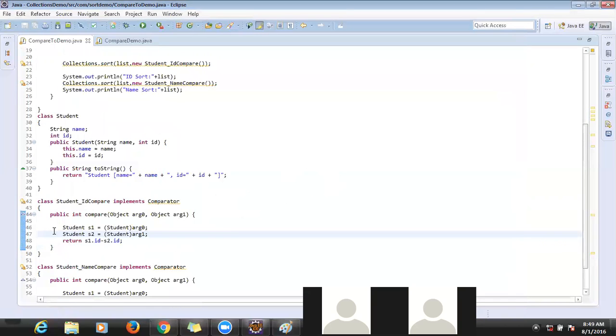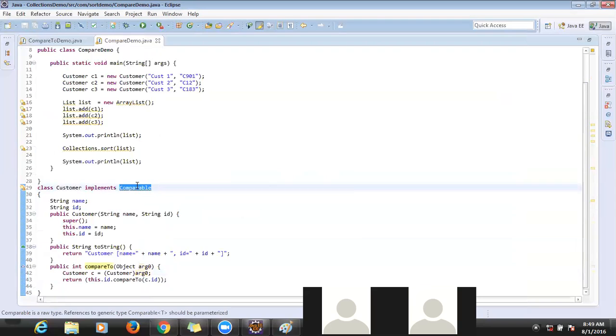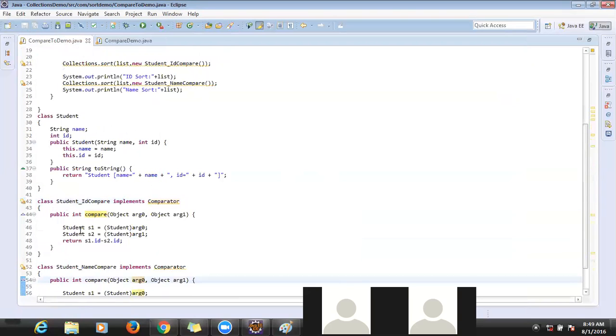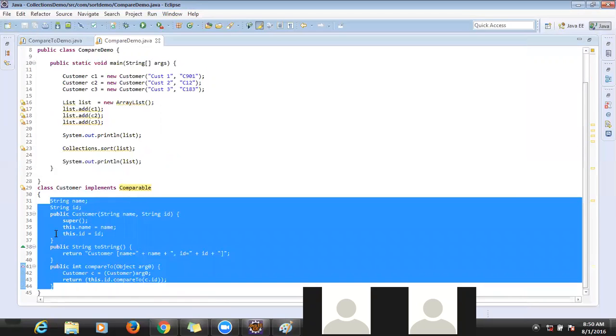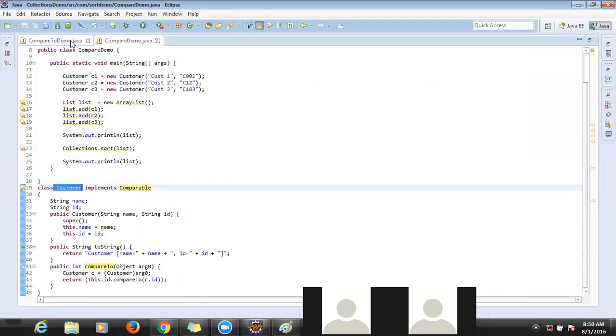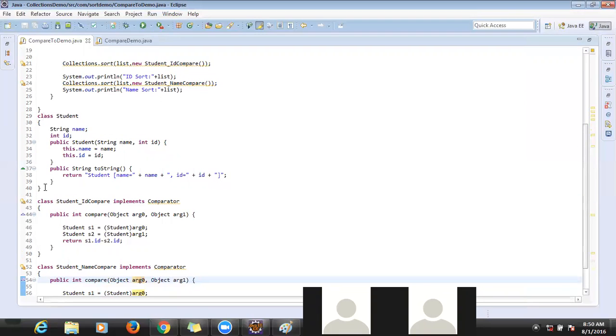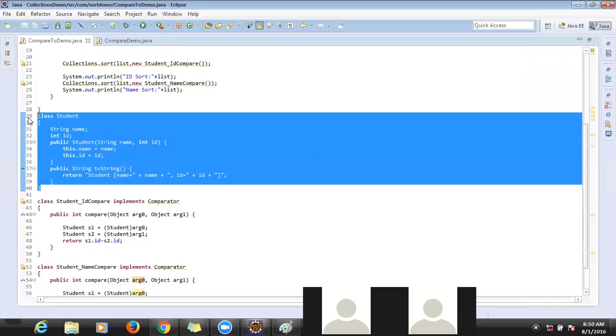So the main question here, from an interview point of view, is that they will ask what is the difference between Comparator and Comparable. You need to tell the interface methods, how many methods there are, how many arguments, and what the difference is. With Comparable, we are implementing it directly in the Customer class, so we are modifying the Customer object. But here we are not touching the object at all. That is the main difference. These are the two main differences. This is a very important interview question.